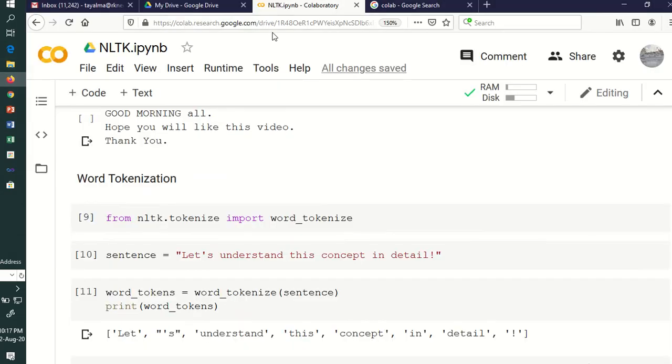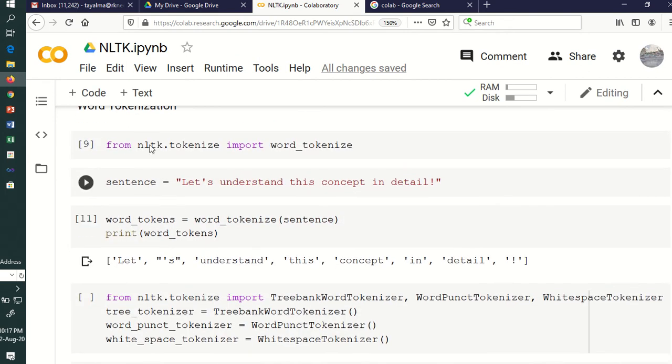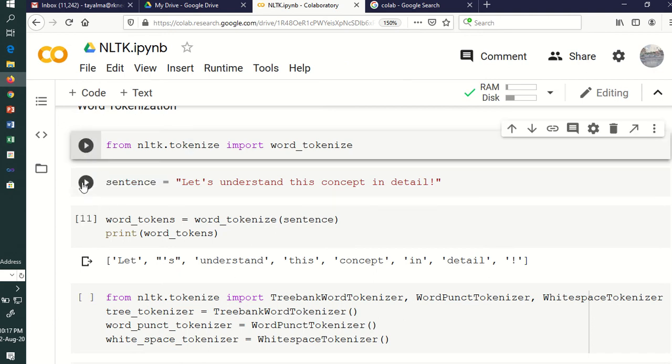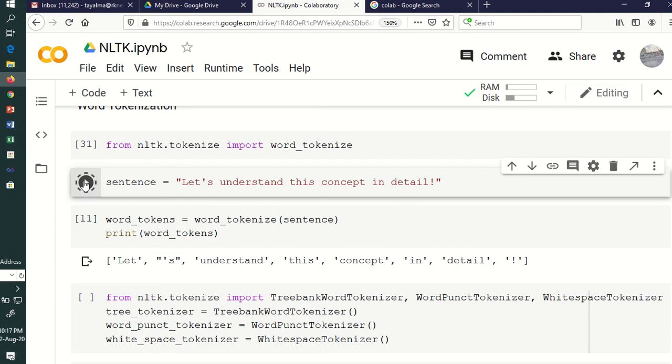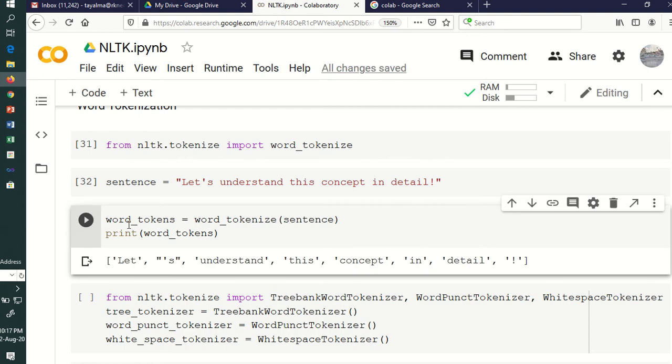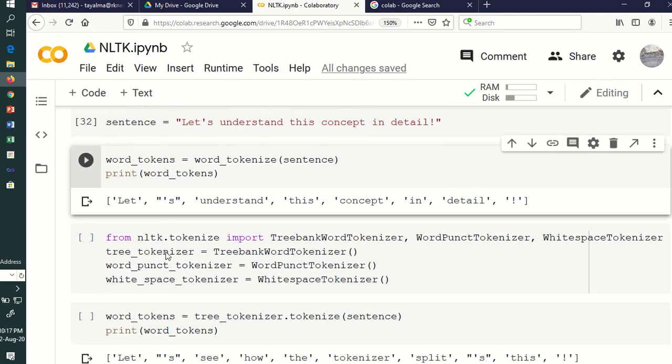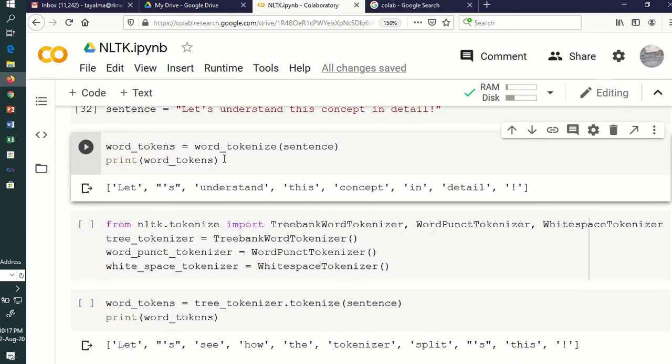Moving towards your Colab word tokenization, we have called a method word_tokenize from nltk.tokenize. You import that method word_tokenize, then you pass one sentence to your variable sentence. You can give any other name also. Then this sentence will be given to the word_tokenize method and we will collect the tokens in the variable word_tokens, and we can print word_tokens here.